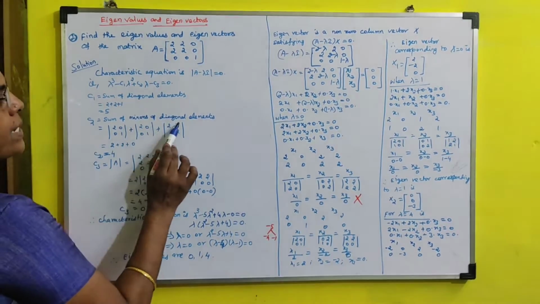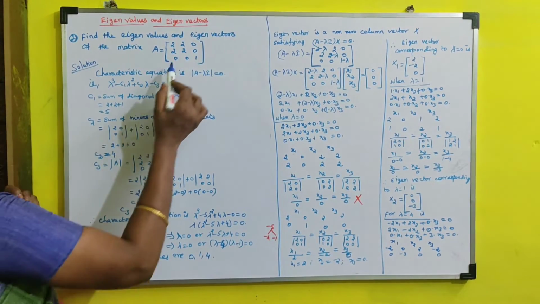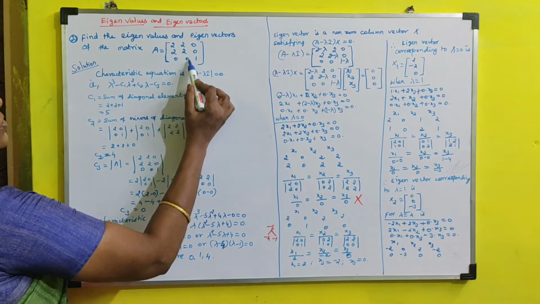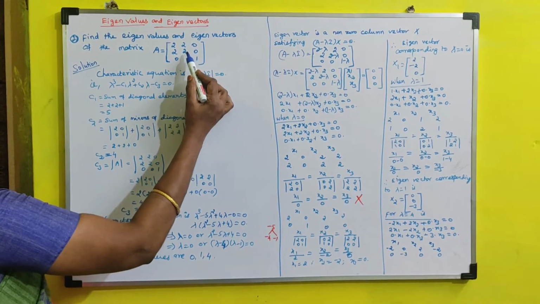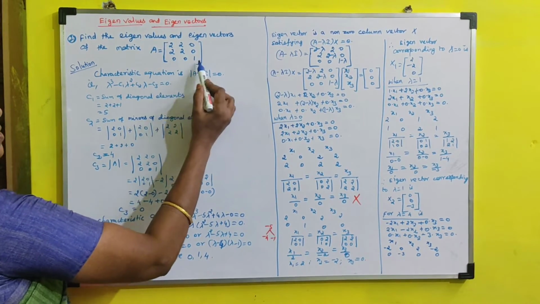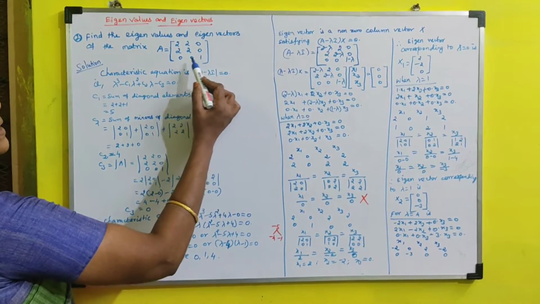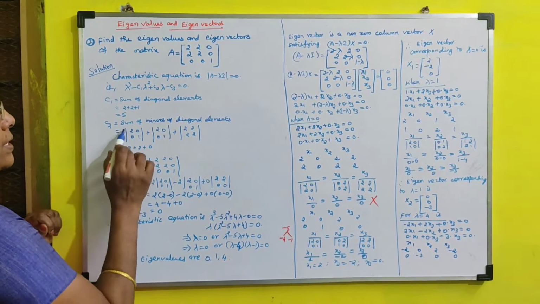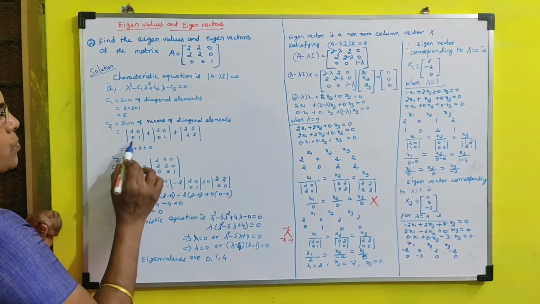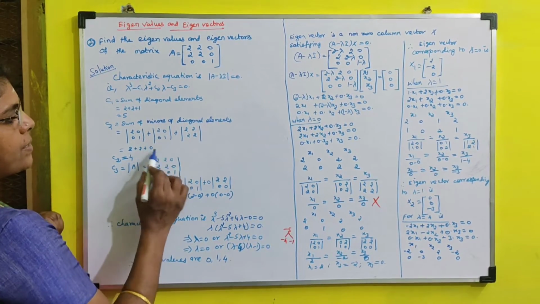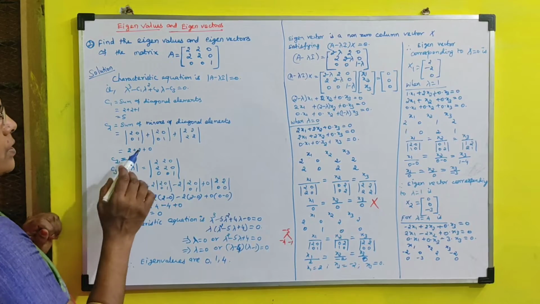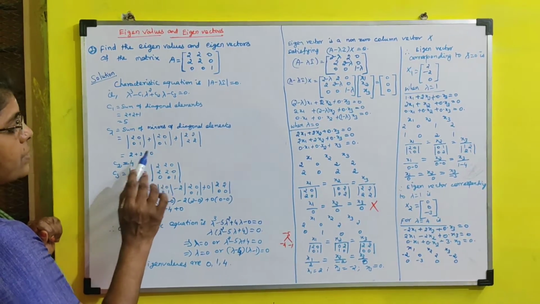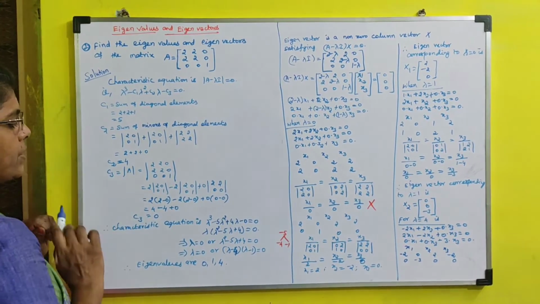C2 equal to sum of minus of diagonal elements. Diagonal elements oda minus பார்த்தீங்க அப்படின்னா 1, 1 element க்கு 2, 0, 0, 1. And for 2, 2, A2 to 2, 0, 0, 1. And for 3, 3 element 2, 2, 2, 2 will be the determinant. Okay. Determinant of 2, 0, 0, 1 is 2 minus 0. Here 2 minus 0, 4 minus 4. So 4 minus 4, 0. Here 2 plus 2 plus 2, 2 plus 2 plus 0 equal to 4. So C2 equal to 4.